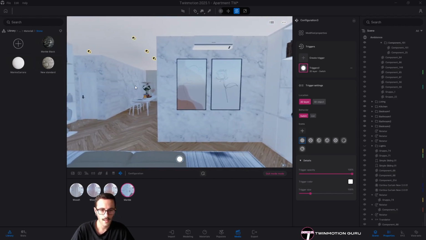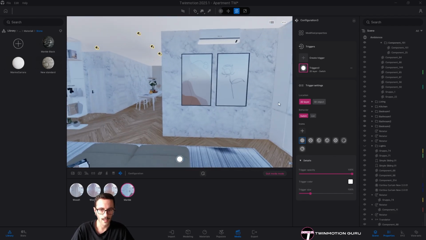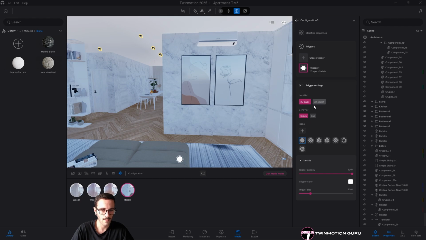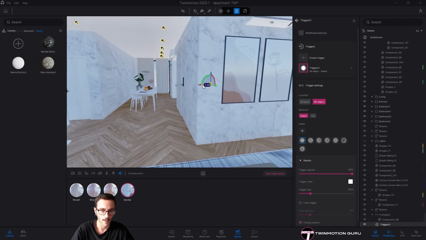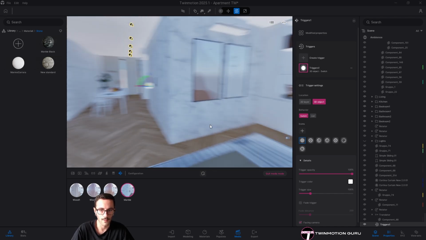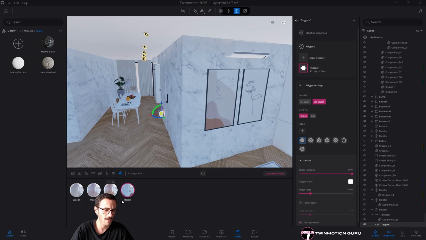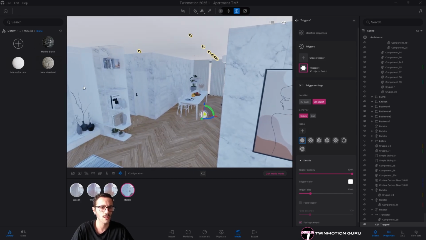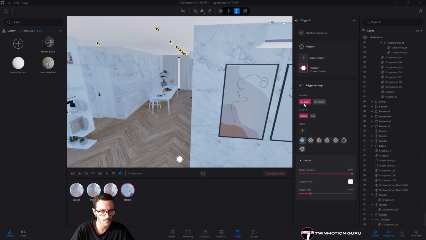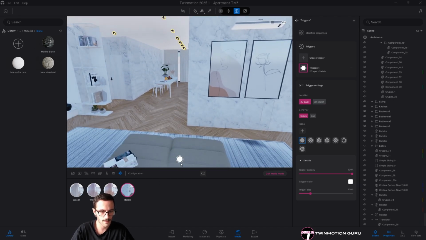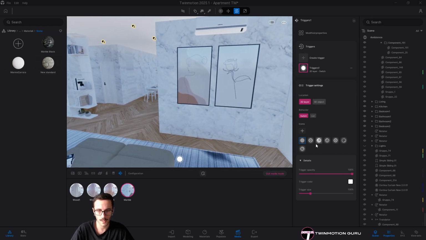Okay? And here in the settings, we can of course have a 2D layer, a 3D object as a trigger and position it where we want, as for the configurators. But from here, with the material changes, in particular when you change the whole configuration of your model, I prefer to have a 2D layer layout. So my button will be displayed here on the bottom of the screen, and from here maybe I can change also the icon with this material icon.